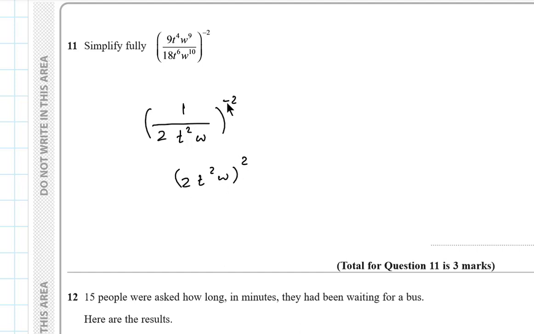We deal with the negative power here. And finally, the square will distribute to all quantities inside the bracket. So 2 power 2 will be 4, and then t power 2 will be t power 4, and then w